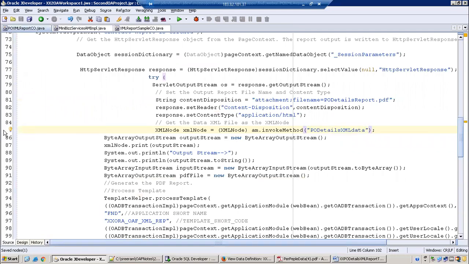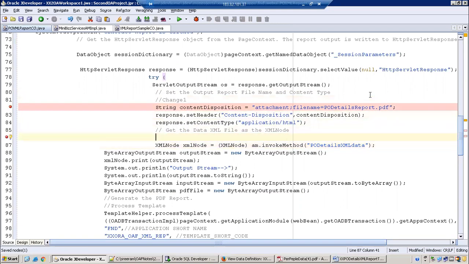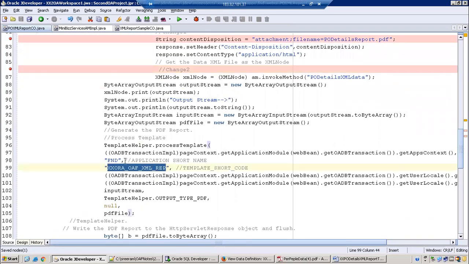This is one change I have made. First change, so I'll write here change 1. Change 2.